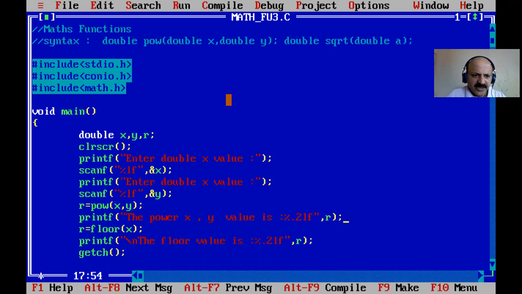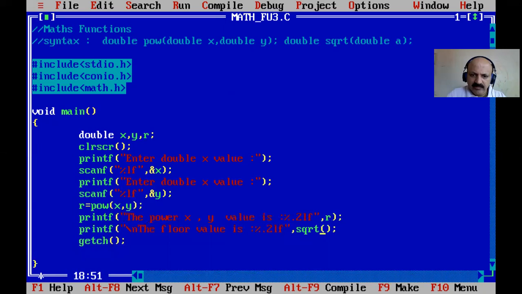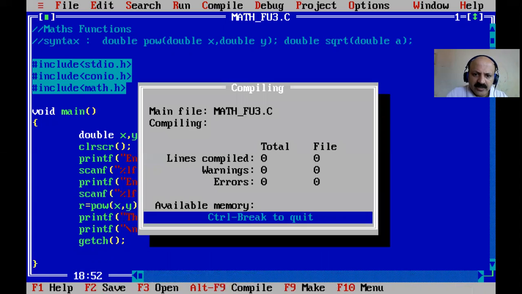So here we can print the r. Yes, that is r. And now we can use it directly, not taking the r variable, directly here take the square root, sqrt, and we can pass any one. So we can pass x, or we can take another variable also, that is a possibility. But let us check. Yes, first any change is required, otherwise it gives an error. Yes, first compile, there is no error. So for power we can take 2 raised to 5, so that is the answer. Yes, we can change the message.